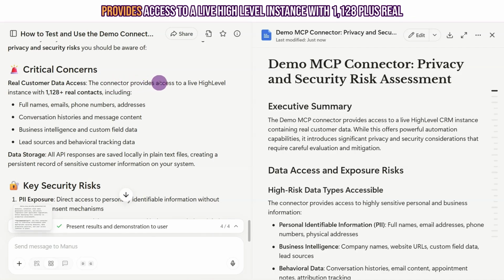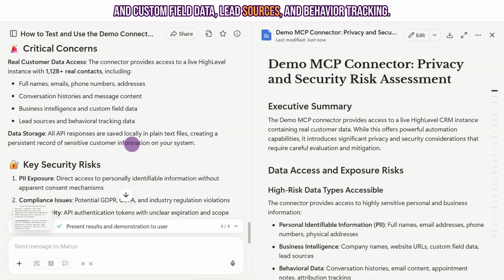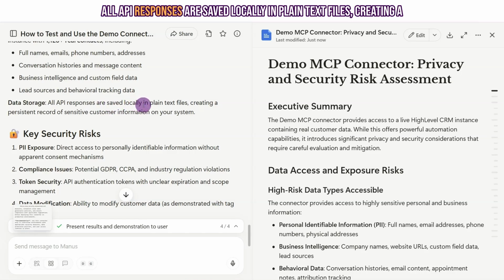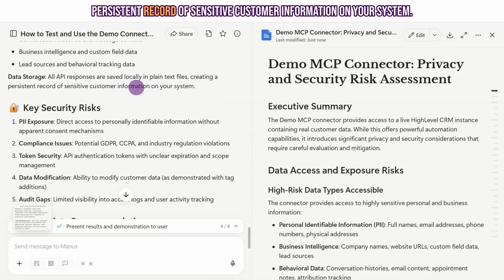The connector provides access to a live HighLevel instance with 1,128 plus real contacts, including names, emails, phone numbers, addresses, conversation histories, and message content, business intelligence, and custom field data, lead sources, and behavior tracking. All API responses are saved locally in plain text files, creating a persistent record of sensitive customer information on your